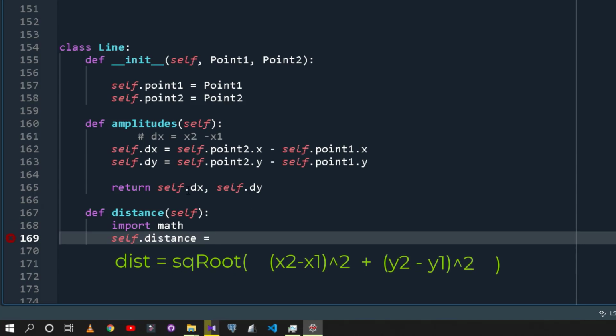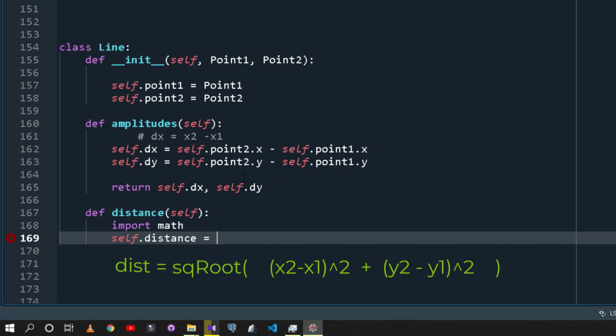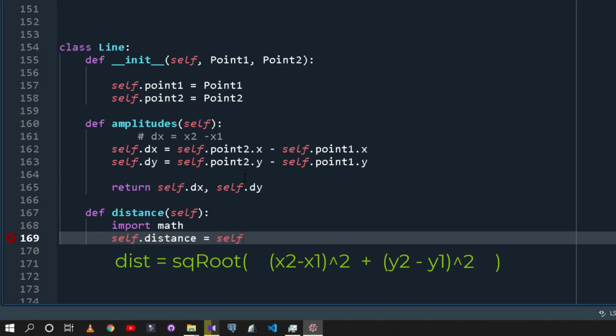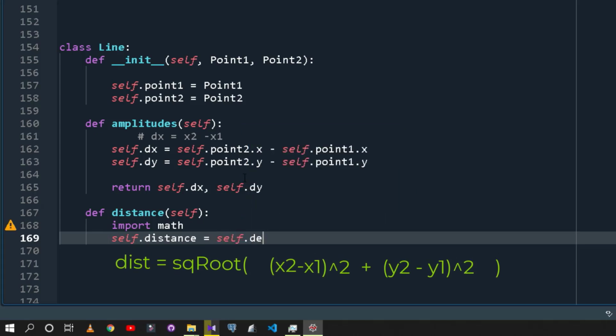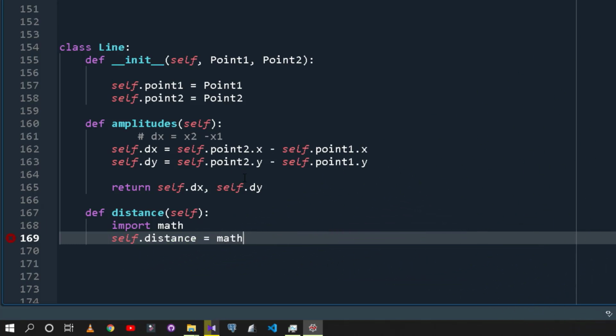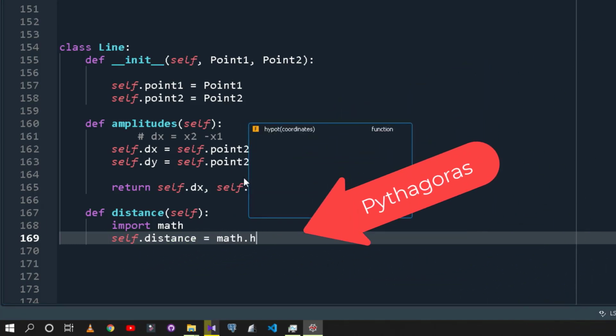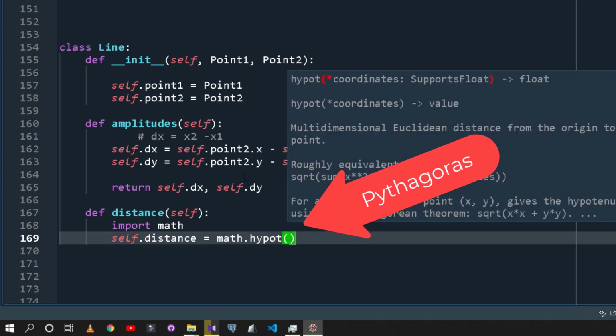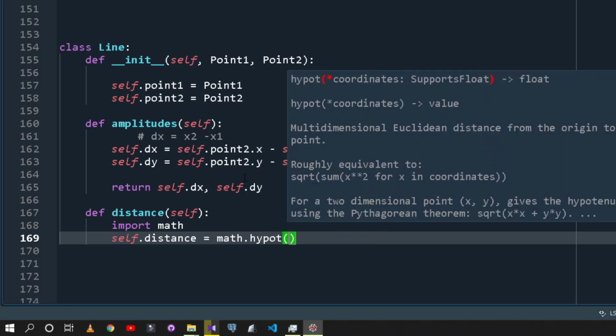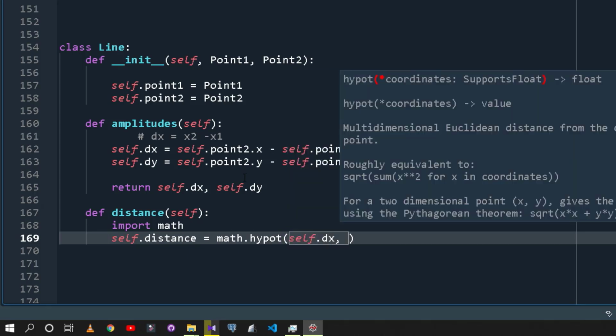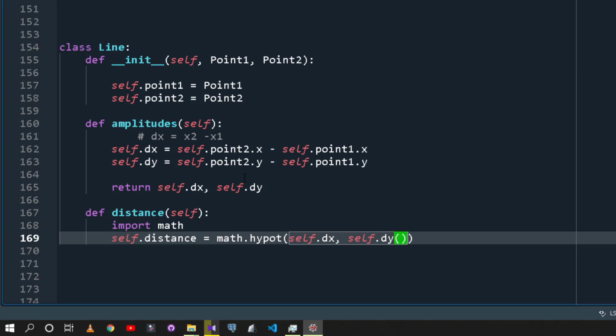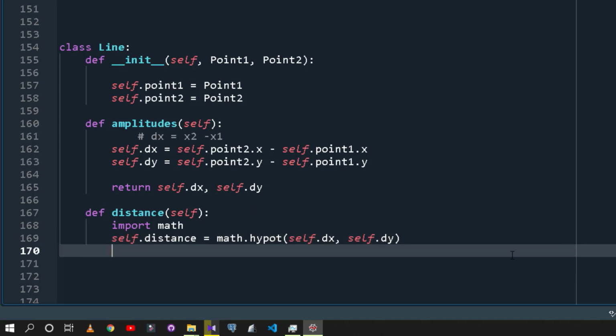so remember we computed the x and the y, right? So I could just say self.dx, sorry. Math has a function called hypot, for hypotenuse. Then I'll pass in the coordinates, so I'll pass in the amplitudes, the dx and the dy's. So self.dx, self.dy, like this. Then I'll return